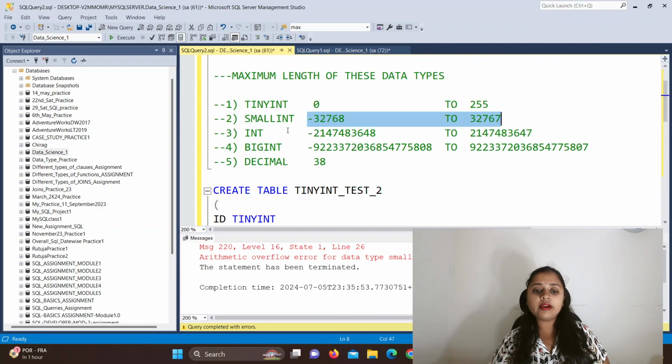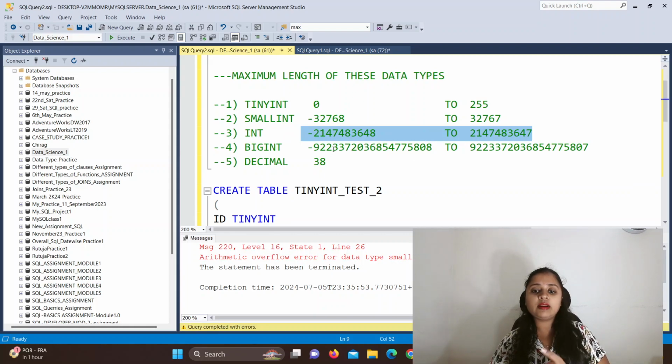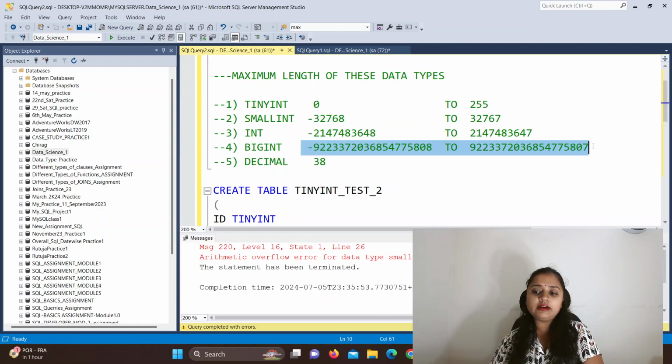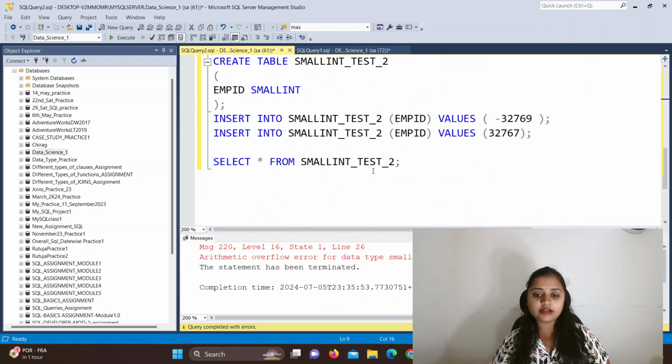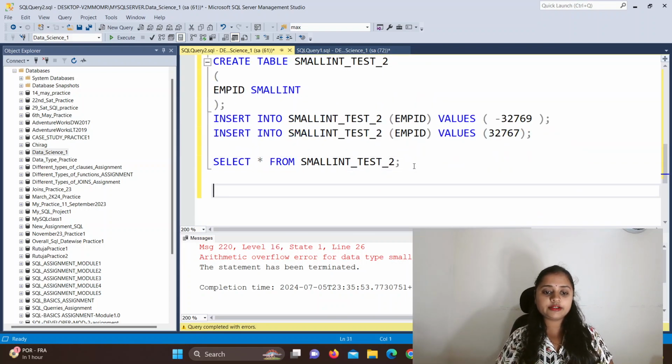Okay, now let's move towards the int data type, which is mostly used in many data sets, because it is giving the higher range, that is minus 2147 and so on, and generally your number comes in between this range only, and after that something comes and the big int data type is already there. So now let's move towards the int data type. For better understanding, we will create a table for it.